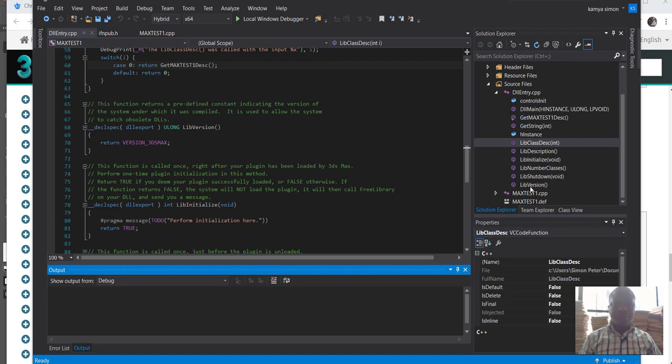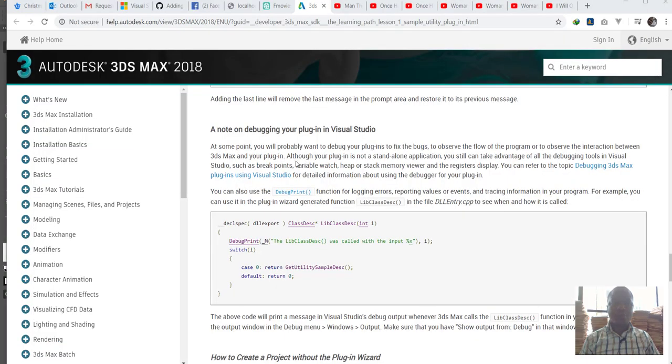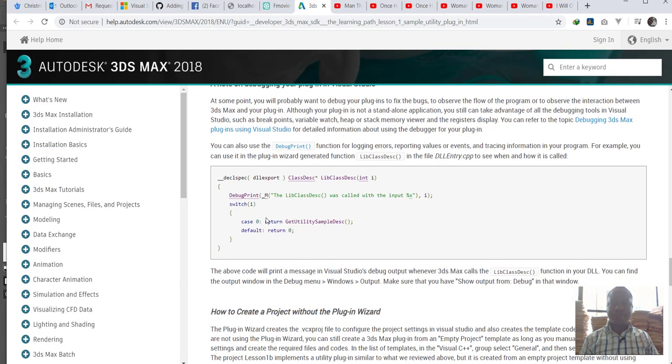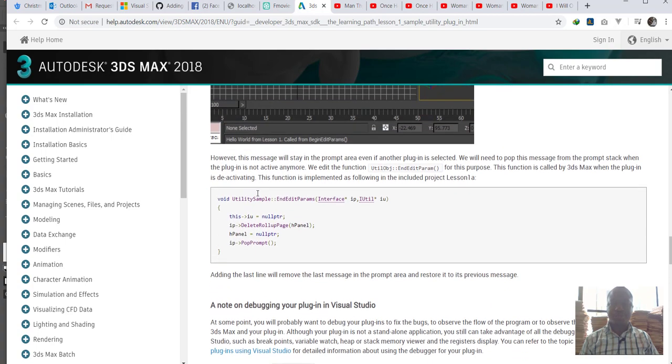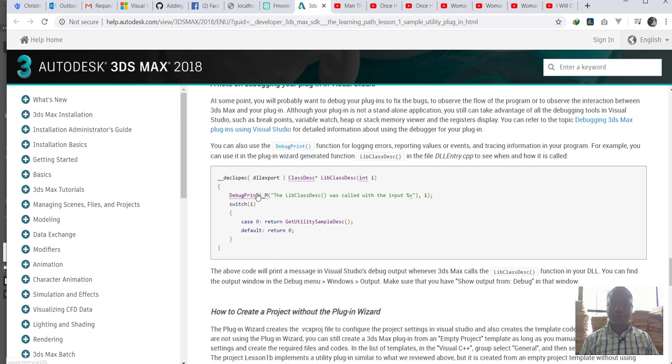Alright, so we want to continue with where we've been before. Do not forget that we're starting the simpler way, by knowing how to go around creating plugins using the documentation and Visual Studio. Previously we learned how to display a message in 3ds Max using the pop-up prompt or the prompt on the H panel. And now today we're going to see how we show our activity as we debug in 3ds Max.